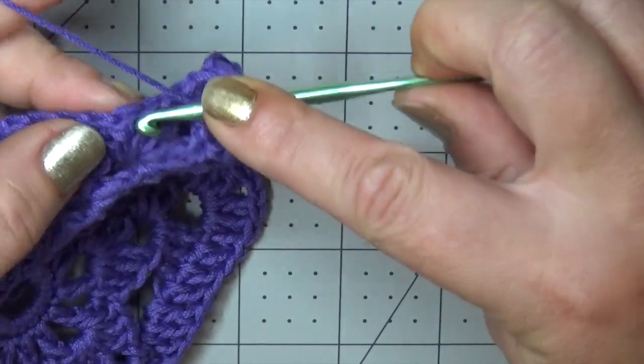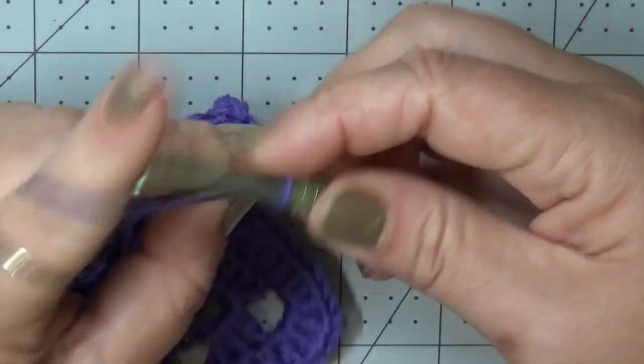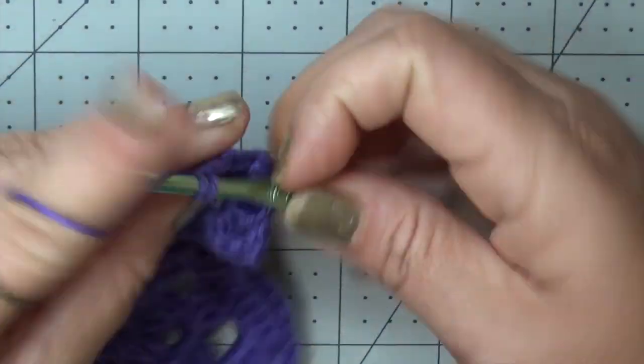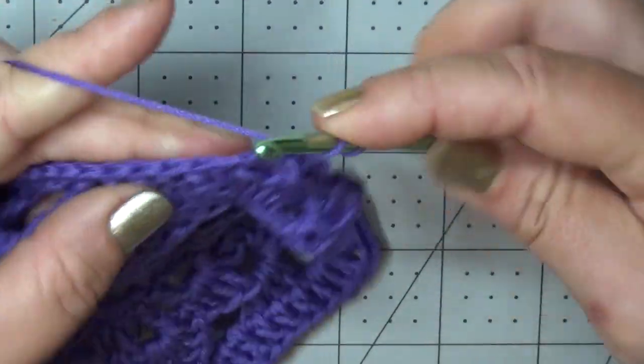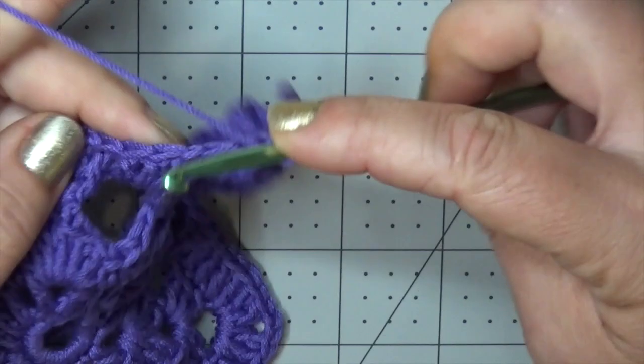Chain 1, skip a stitch, double crochet, and we're going to do that all the way across. Chaining 1, skipping a stitch, double crocheting into the next. Now you'll know, of course, if your count is off, if you get to the end and you're off stitches,